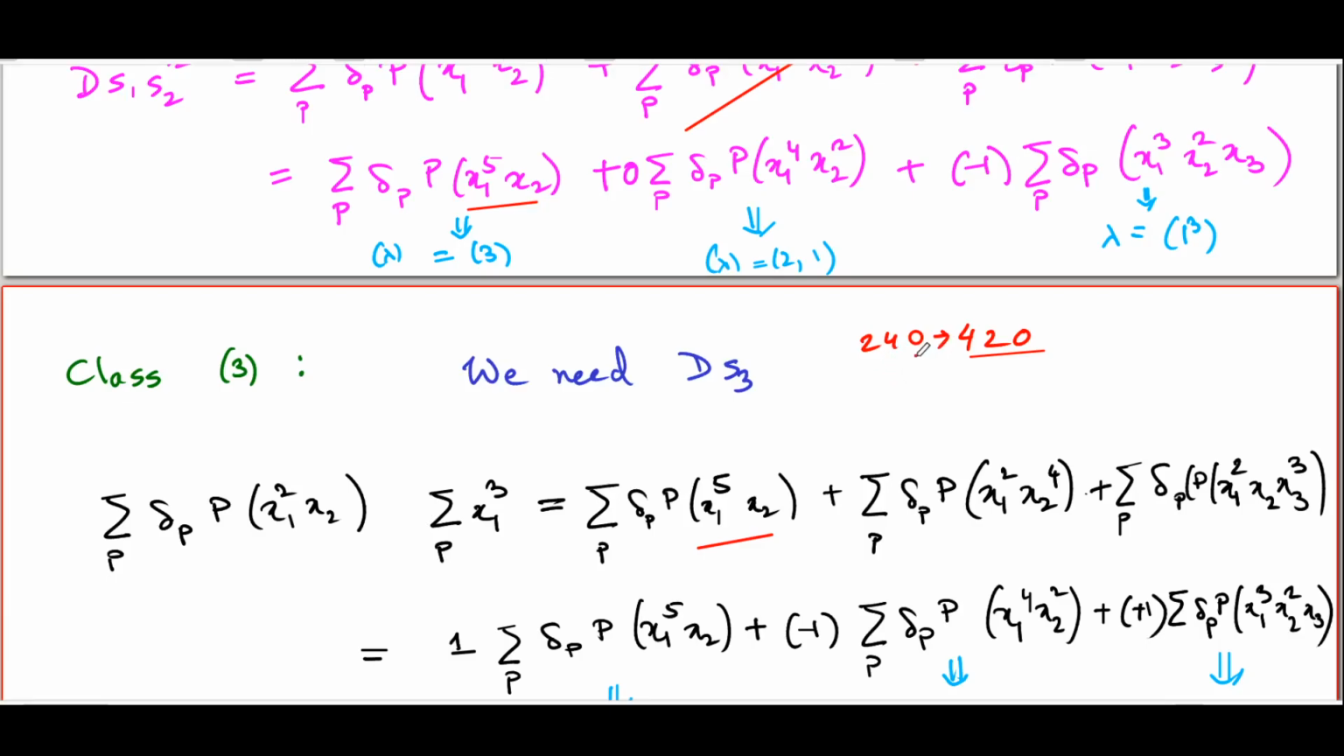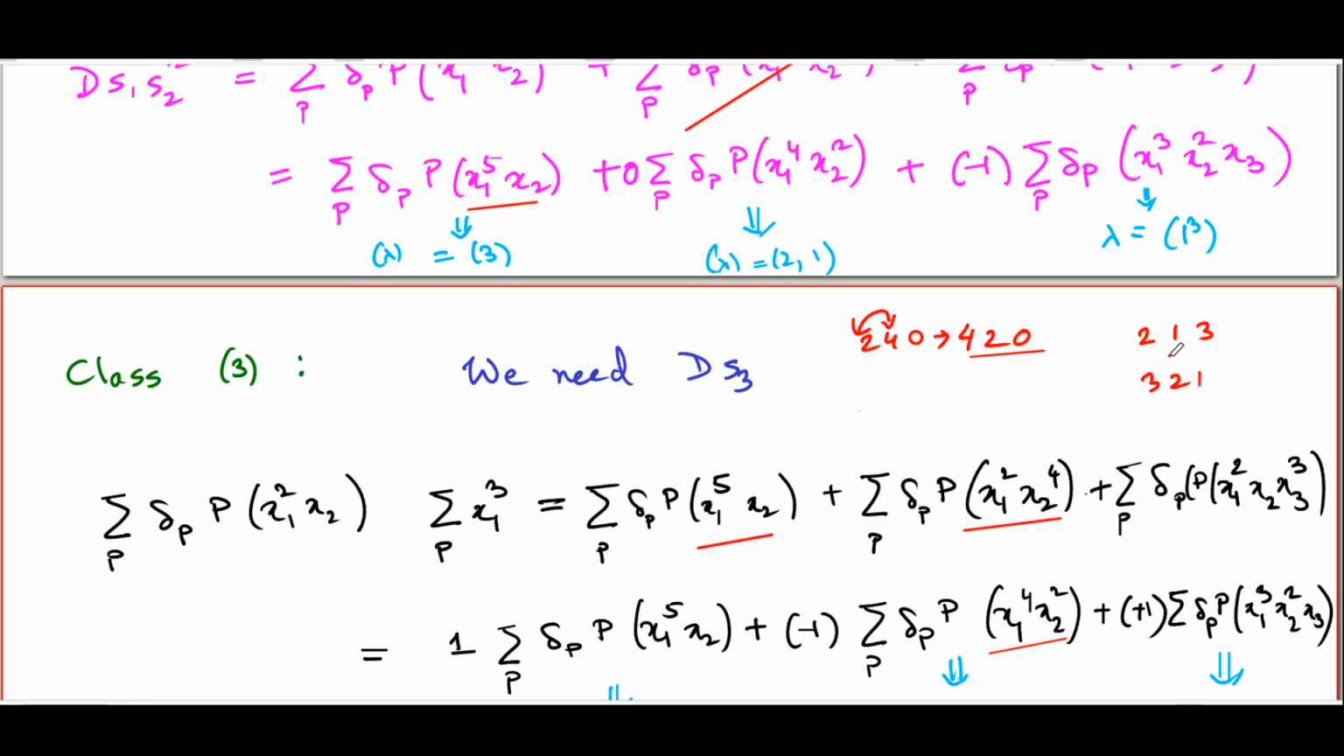So, to go from 2, 4, 0 to 4, 2, 0 via permutation, I need to switch these two, one interchange, odd number. Therefore, you get a minus 1 in front. So, this and this are exactly the same thing, but there's an extra minus because of the switch that we have carried out. Here, on the other hand, we have 2, 1, 3 as the powers, but we really want